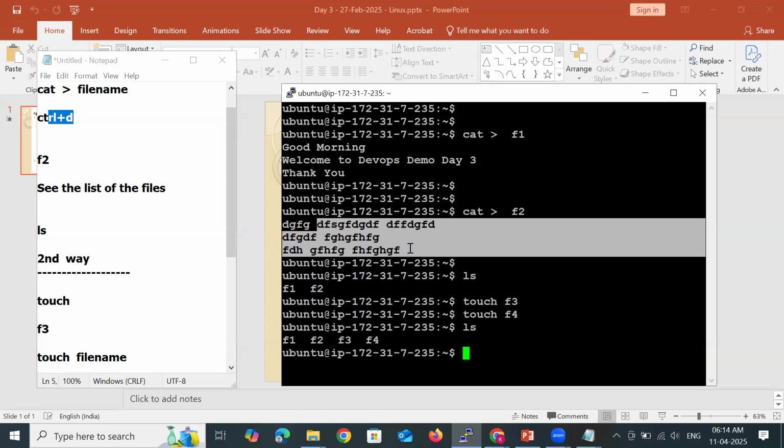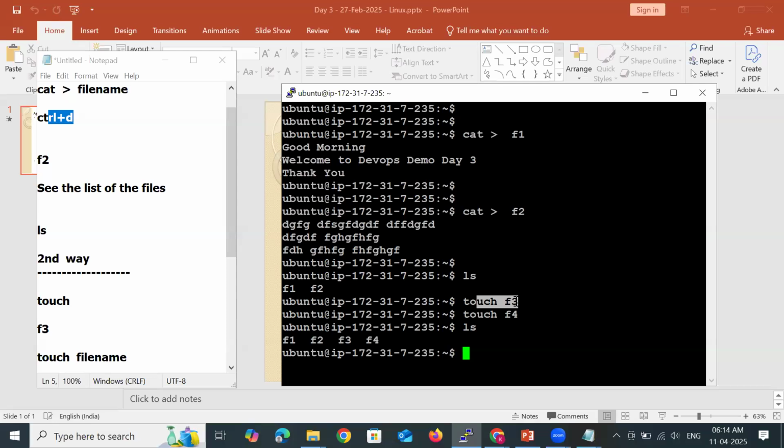Whereas when you are creating a file by using the touch command, your control is not entering into the file. The file is immediately getting created, and immediately you're getting a dollar prompt back. Am I right? Isn't it? So you're not writing any data. So the concept of touch is when you want to create an empty file,